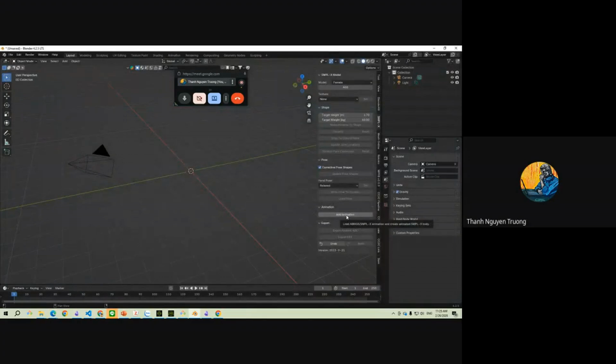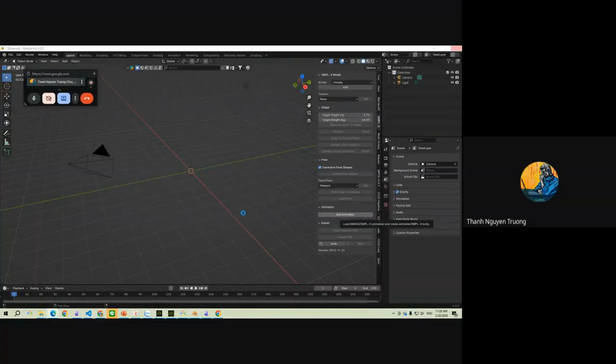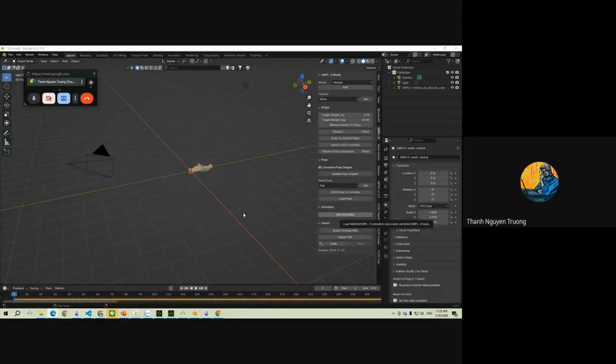Add animation, and wait a bit for it to load. Right, here we have our